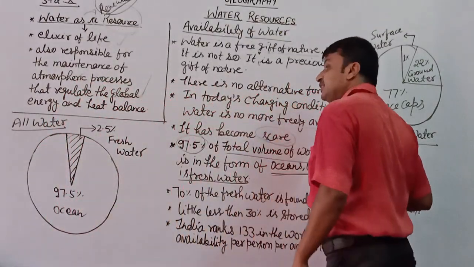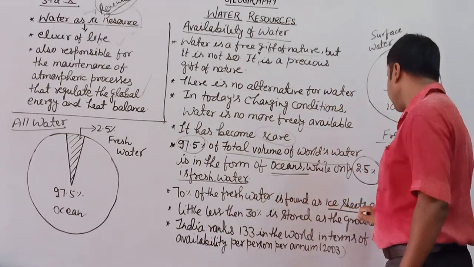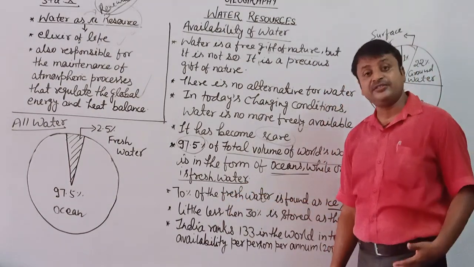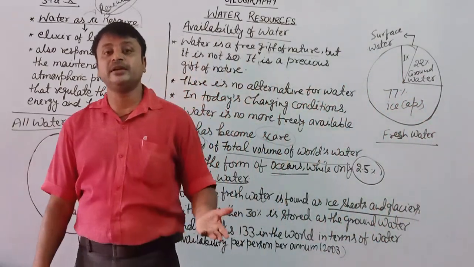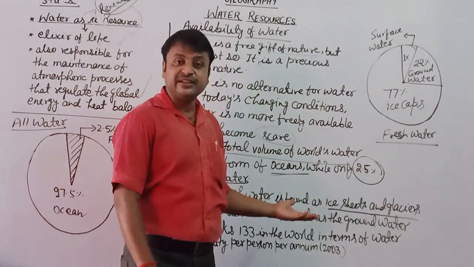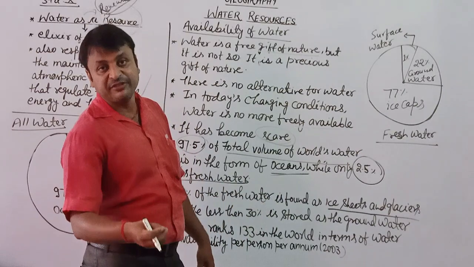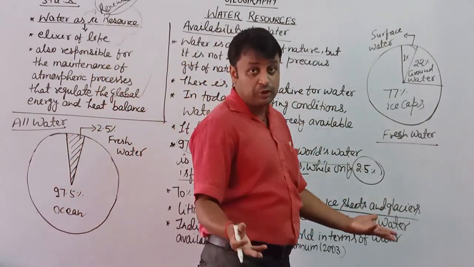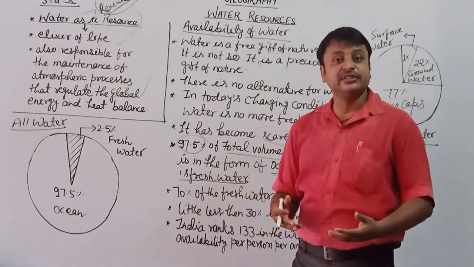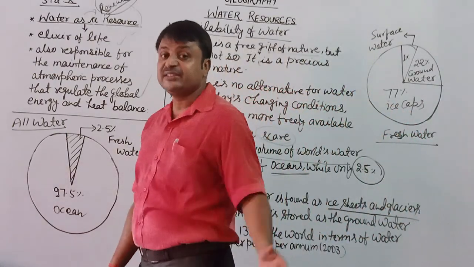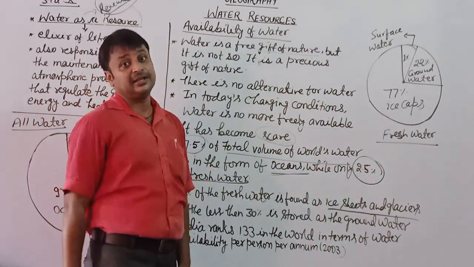In 2.5%, that is the whole fresh water, 70% of the fresh water is found in the ice sheets and glaciers. Ice sheets और glaciers के रूप में है, यानी glaciers आप पढ़ चुके हैं, slow moving river of ice, and these glaciers are also just giving origin to a number of rivers that we are enjoying, that is river Ganga, Yamuna. These are the perennial rivers that are having its origin from these glaciers. तो ये फ्रेश वाटर हम वहाँ से भी प्राप्त करते हैं।